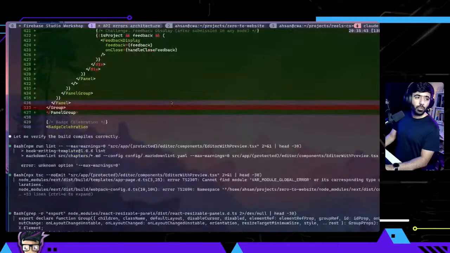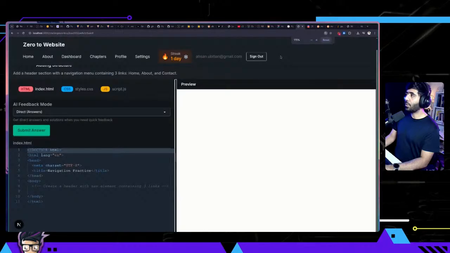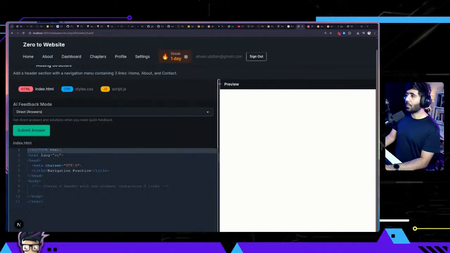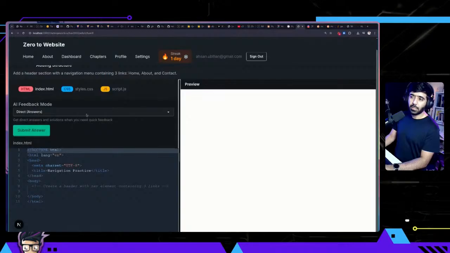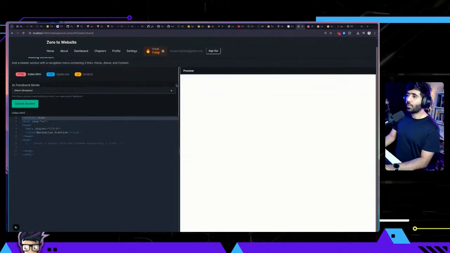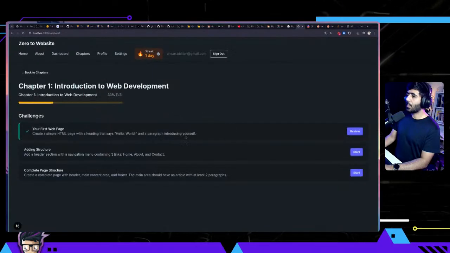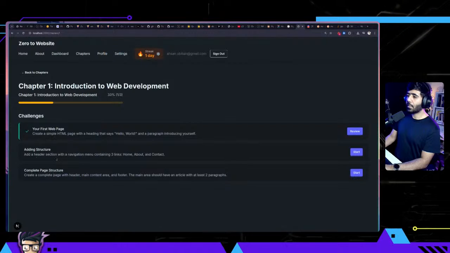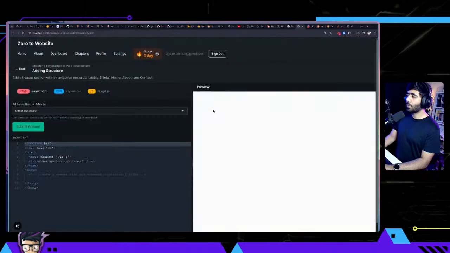Okay. Good. So what we are building today is essentially a platform that I'm going to share with my book, which is Zero to Website. So people would be able to come in here and practice within this interactive platform. They would be able to practice coding examples essentially. So we did already have this. So your first web page is done. Add a header section with a nav menu containing 3 links: home, about, and contact. So we quickly will add this